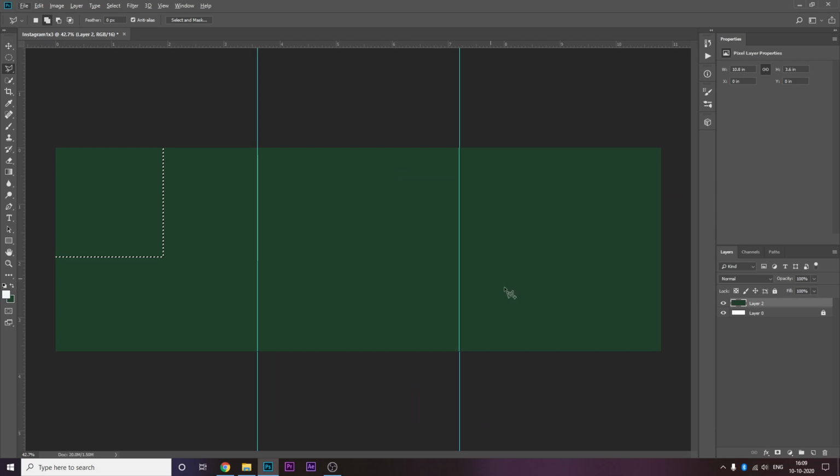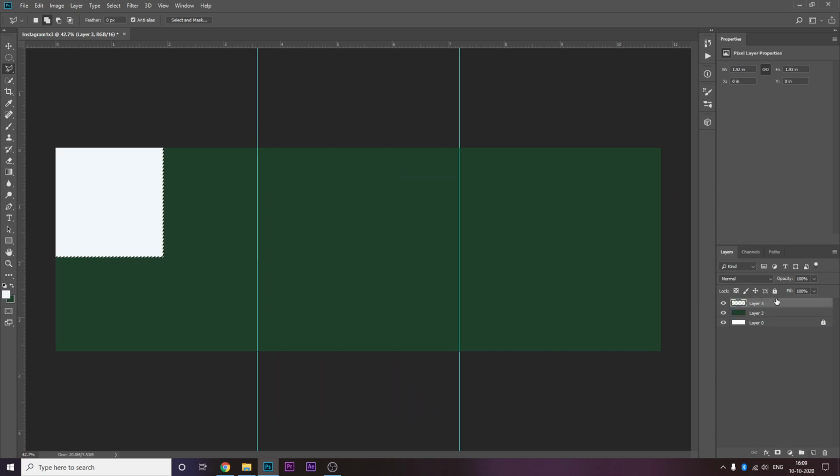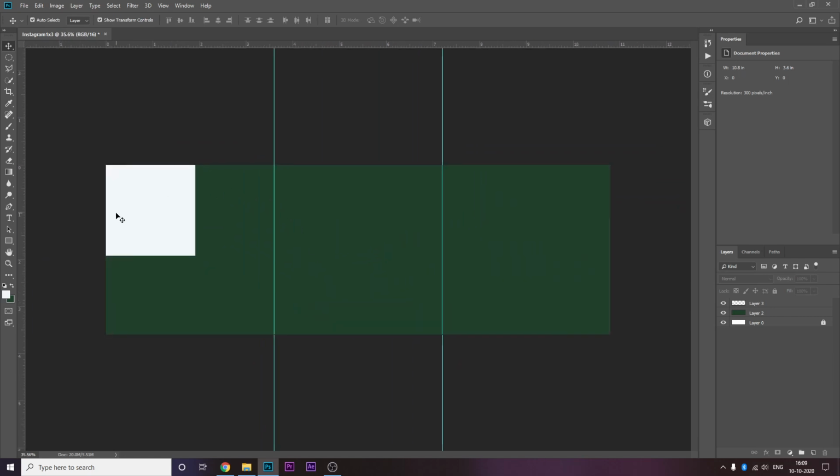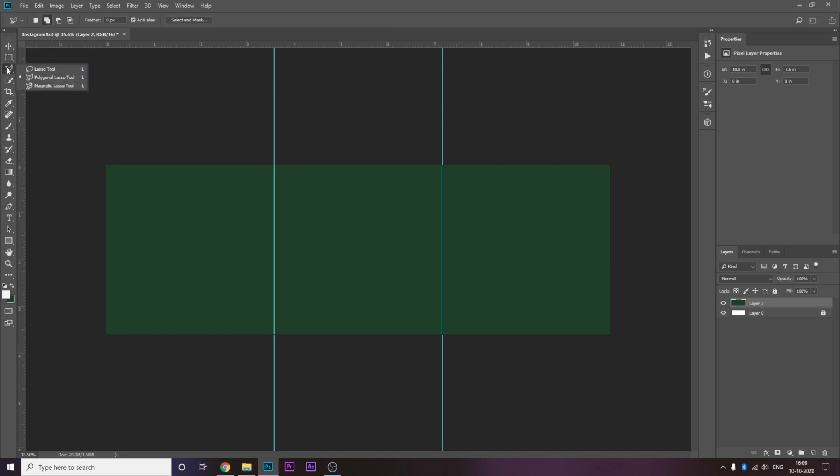Let's say you want to make some elements, right? You want to make this white, or let's say you want to make it whatever this color is, a bit ivory-ish. This could have been done with the rectangular marquee tool as well, whatever.